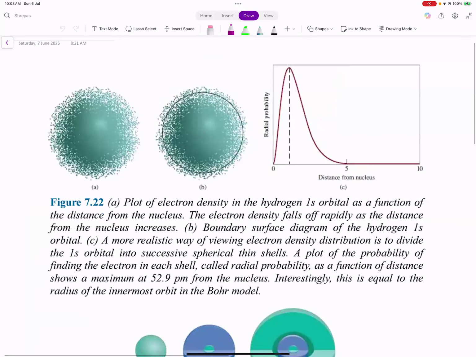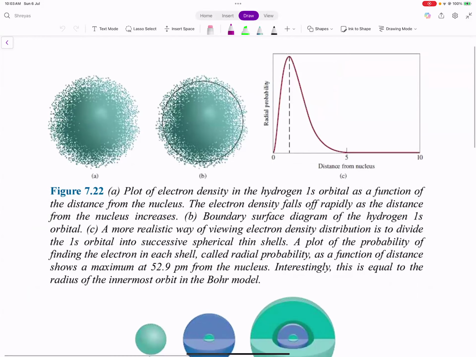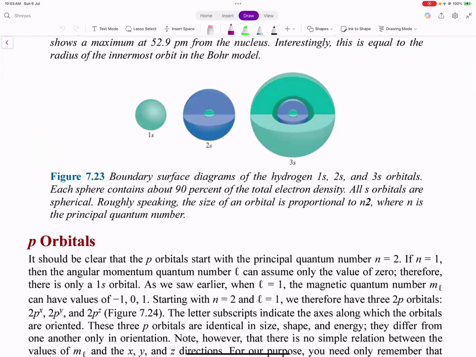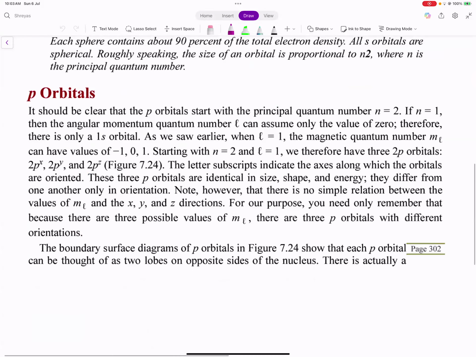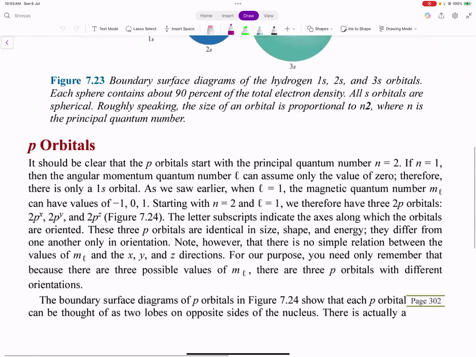So Shreyas, this was it, right? P orbitals, right? This is what we were doing. So he has 1s orbital, 2s orbital, 3s orbitals, and then we have p orbitals, right? Okay, so let's